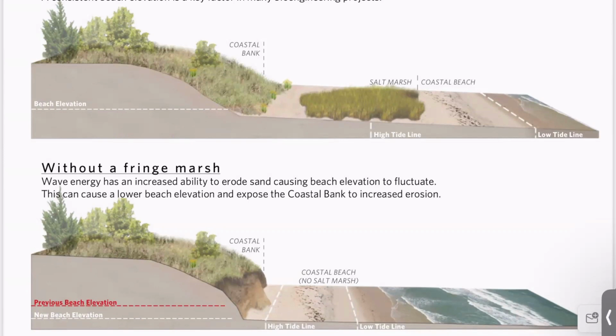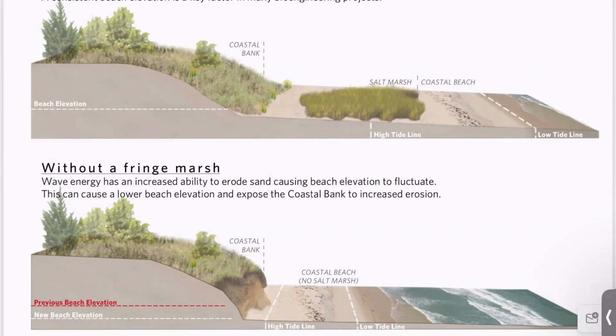So the previous beach elevation was illustrated there with the red line, and here's the new lower beach elevation. And this is at the heart, we realized, of a lot of the erosion problems on Cape Cod. The major thing that's wrong is, for whatever reason, the salt marsh is no longer there, and everything